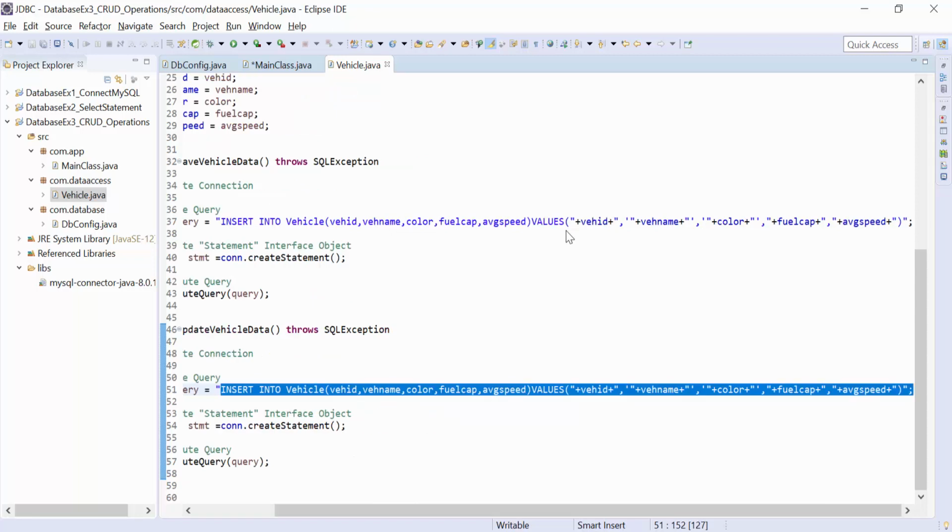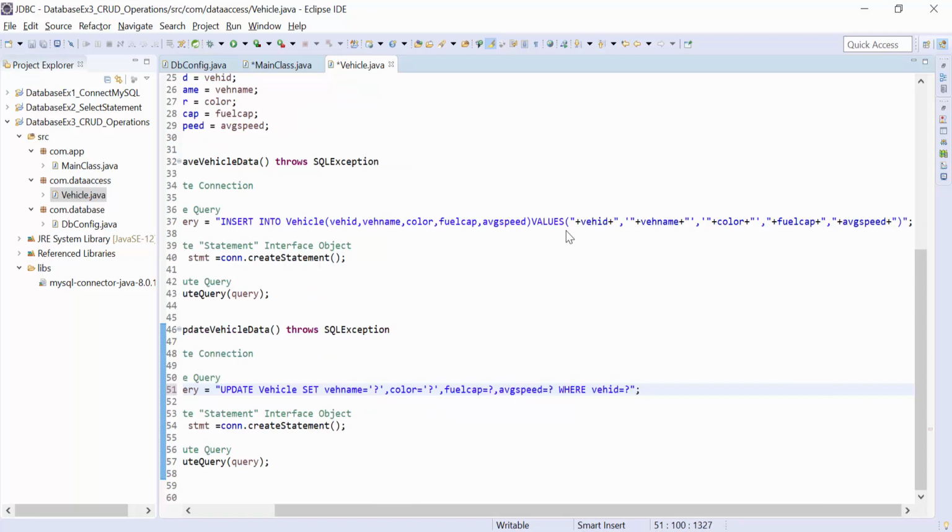Replace all these strings with the variables. So set vehicle name as vehicle name, color as color, fuel capacity as fuel capacity, average speed as average speed, where vehicle ID matching to vehicle ID. Okay, so this also again, keep the variables separate like this. We separate the variables.